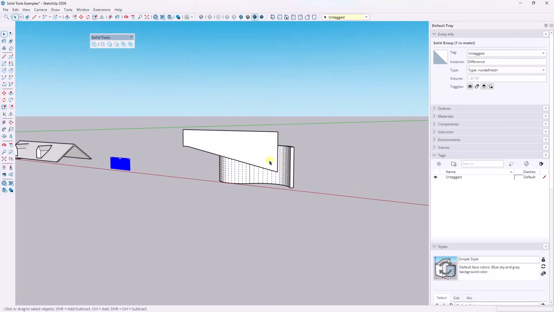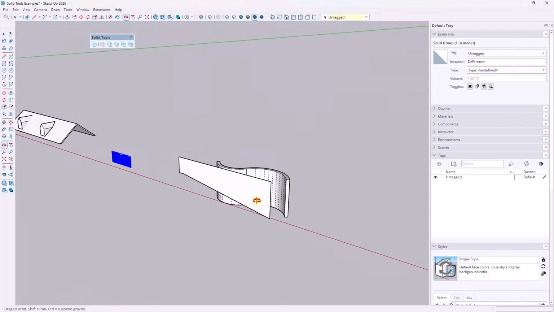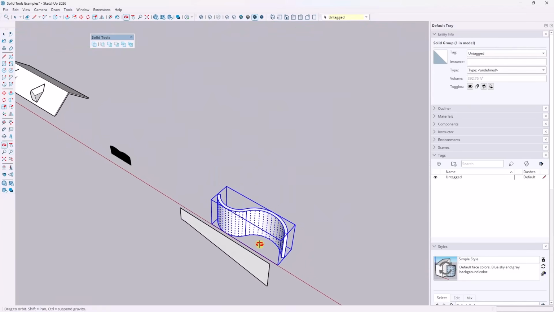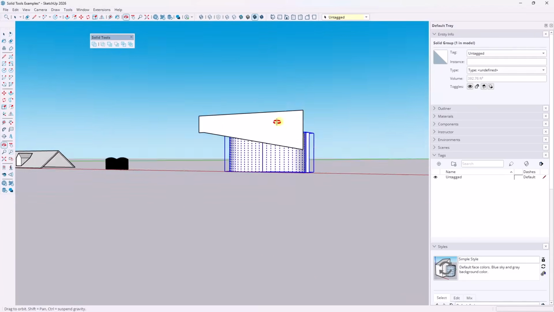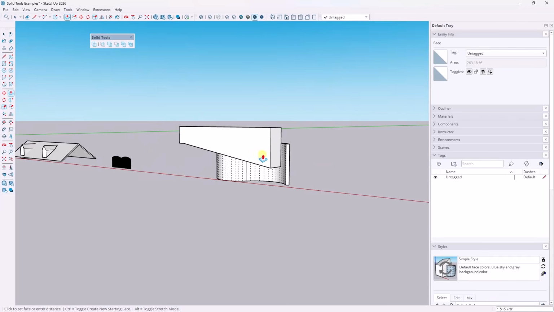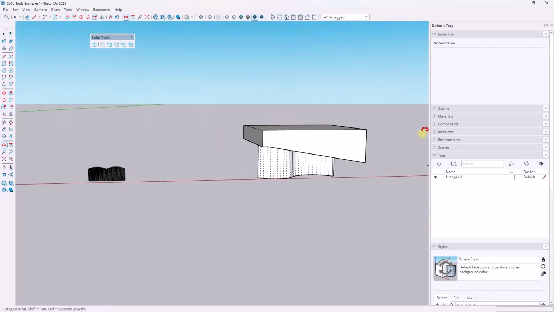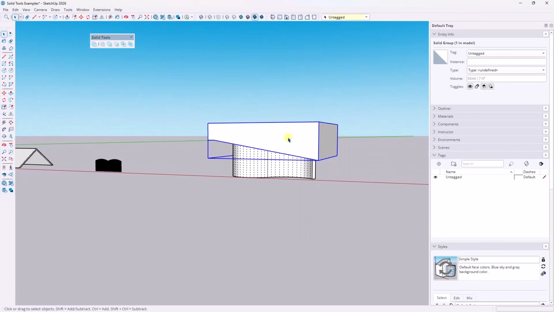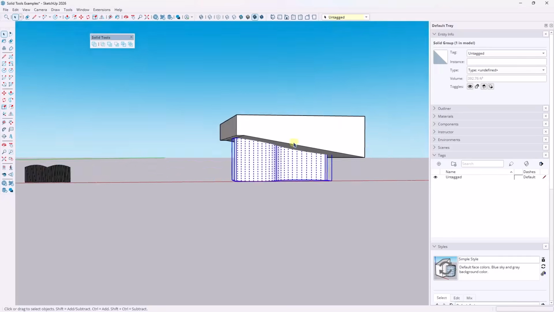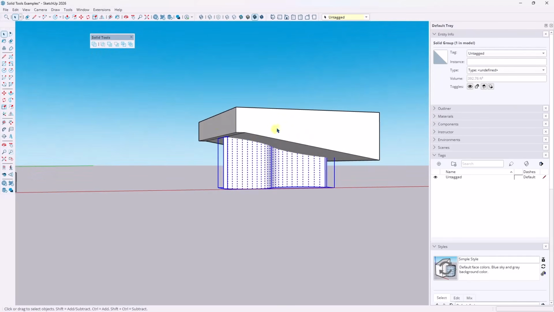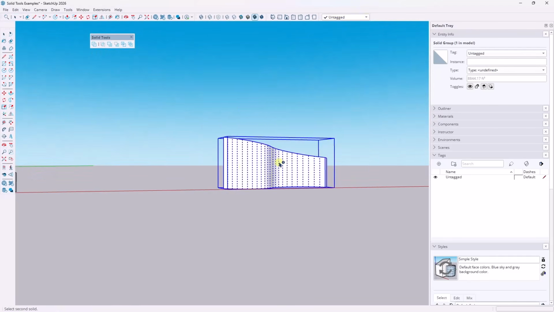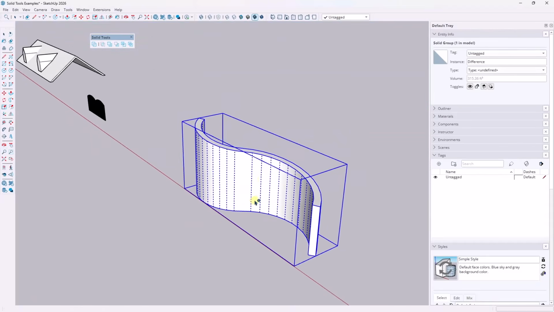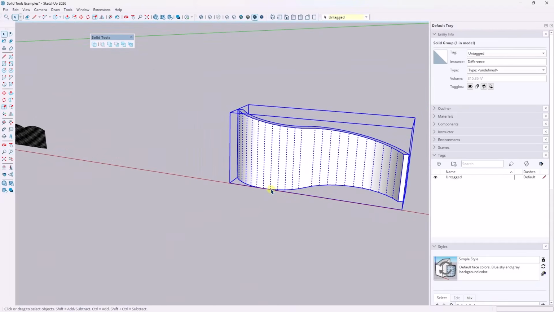And then you can also use this to do things like sloping walls. So say you've got a wall like this one that curves and you want to add a slope to it. Well, what you can do is draw the slope in there just as a shape like this. We're just going to pull it past. Then I'm going to triple click and make this a group. Well, now this is a solid and this is a solid. So I can use this in order to add a slope to this curving wall right here while maintaining its